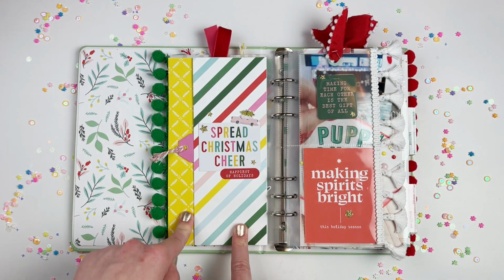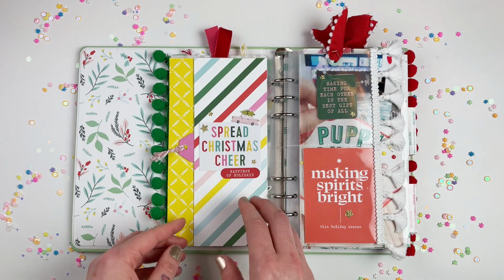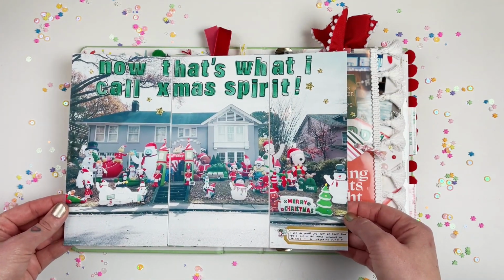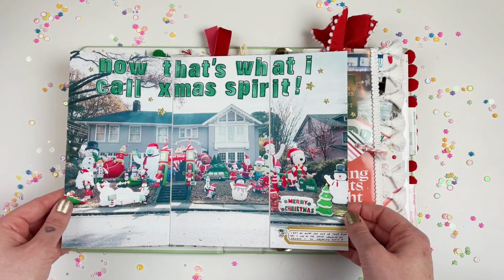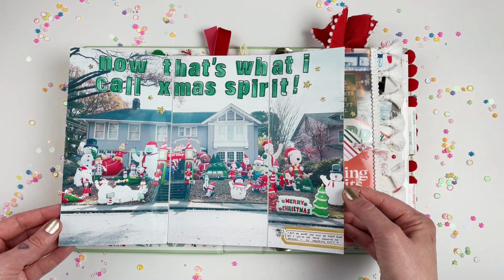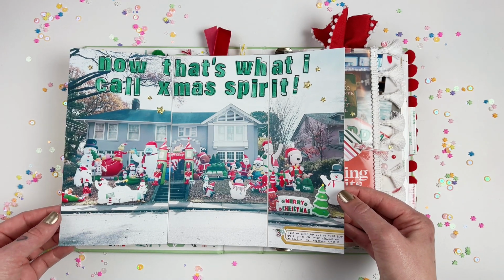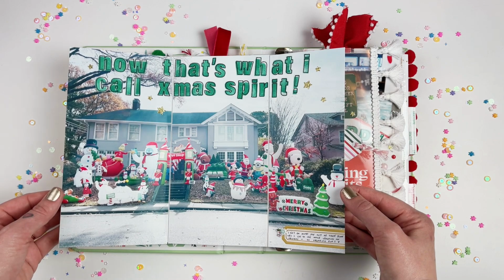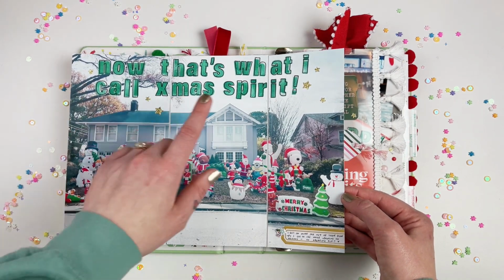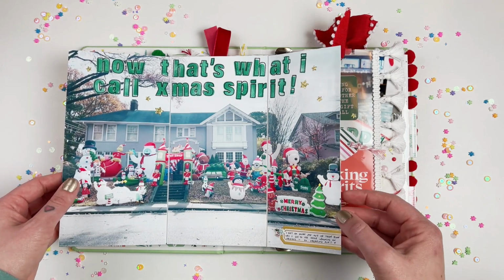So this one, I wanted to add in a larger photo. So I basically created this little flip out, and then it'll house this really large photo. So this is a house that I see every other week whenever I am driving. And so I really wanted to document it because it's this house with like 30 or 40 blow ups. So it's really incredible. So I just stamped, now that's what I call Xmas Spirit, and added a little bit